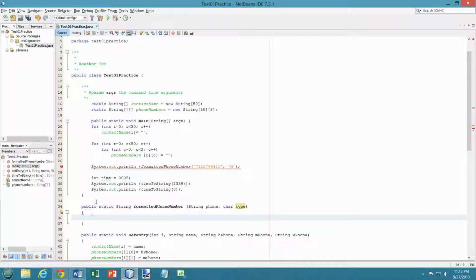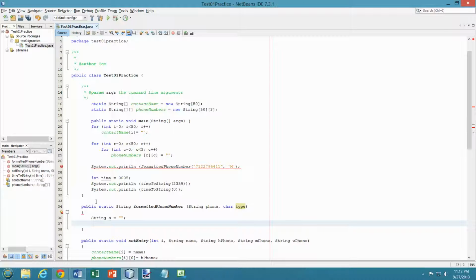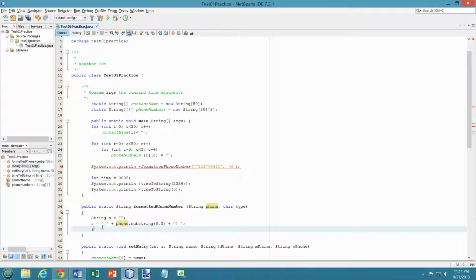Okay, so what I want to do is pick off, use a string s to put our answer in, and s is going to equal phone dot substring, and I'm going to start at 0, and I'm going to take characters 0, 1, 2, which means I stop at location 3, and that's going to give me my area code. Now I want the area code in parentheses, and then a space, I think it said, and then I want s equals s plus